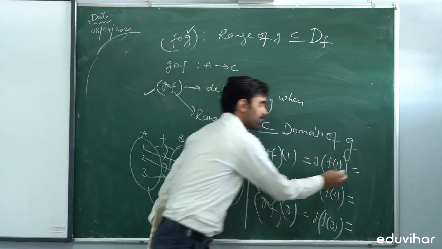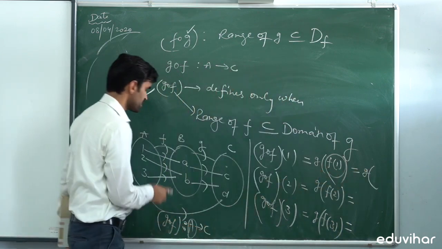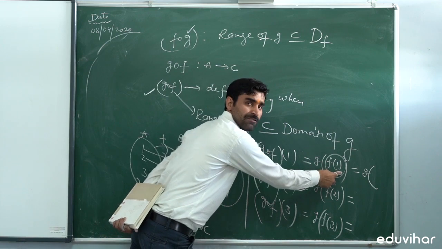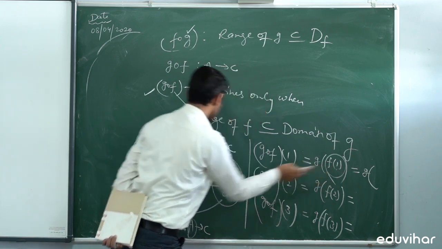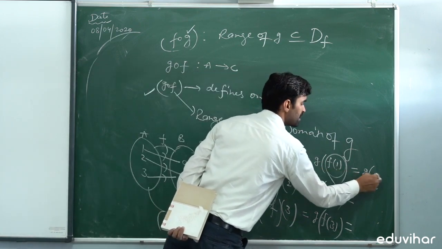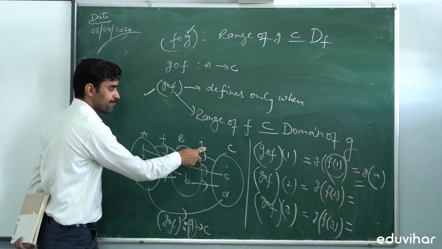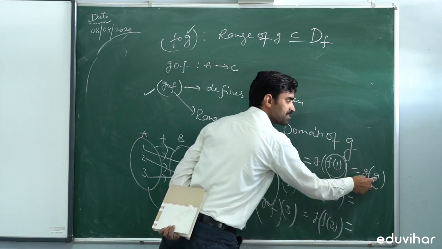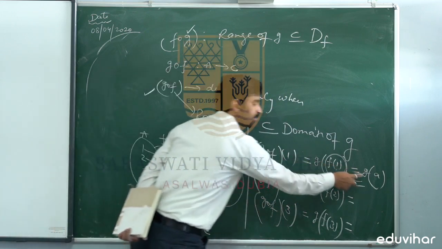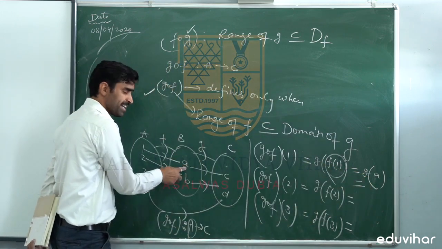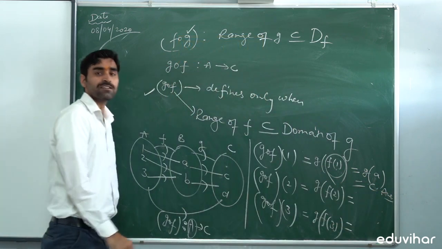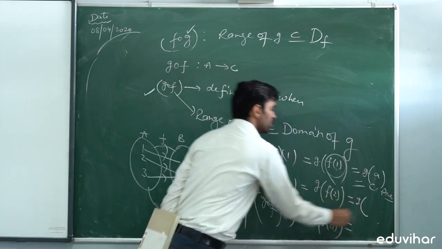Here f1 is, tell me about f1. f1 means I have to check the function. In this function f(x), what is the image of 1, that is f1? What is the image of 1 in the function f? The image of 1 is a. So we will say f1 is a, then what is the value of g(a)? Now tell me the image of a in the function g. g(a) means this is the value of the function g. So in the function g, what is the image of a? It is c. So we have this value c, this is the answer.